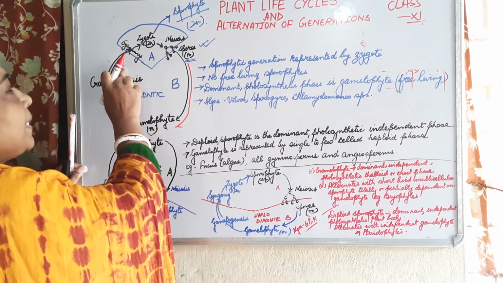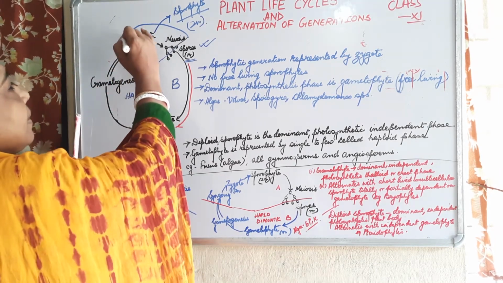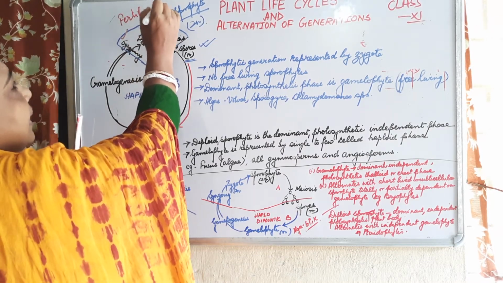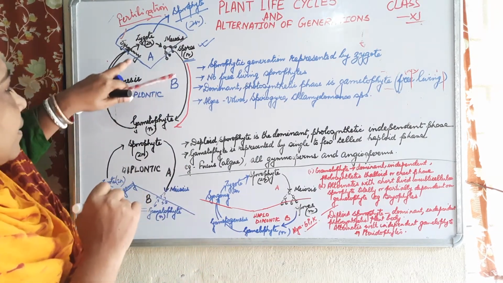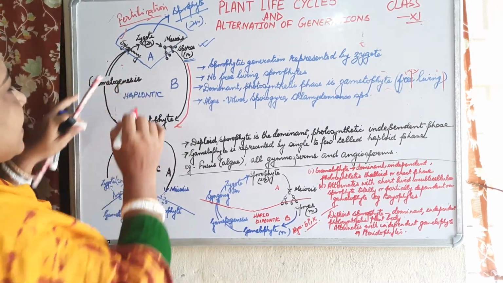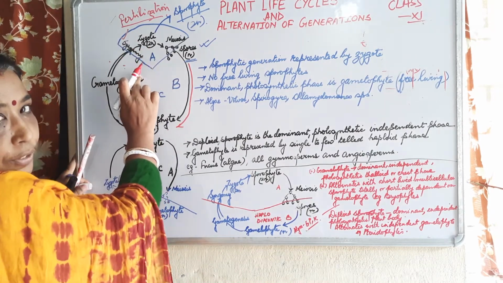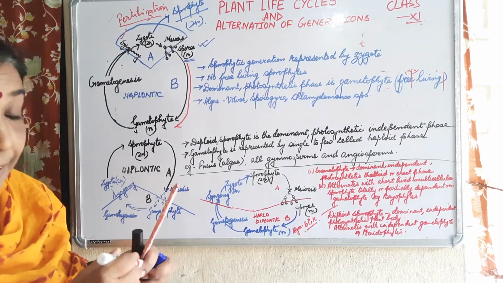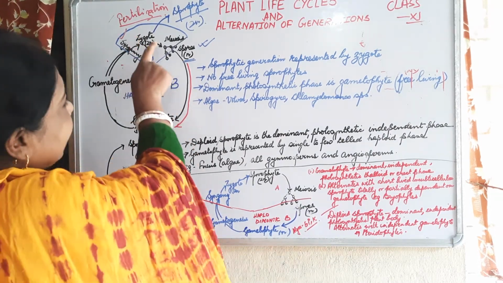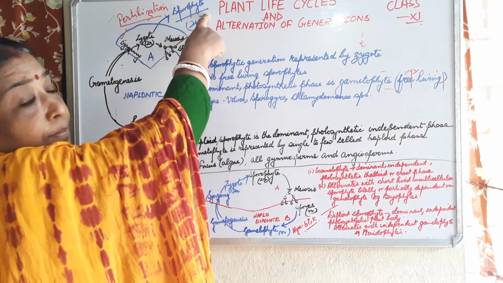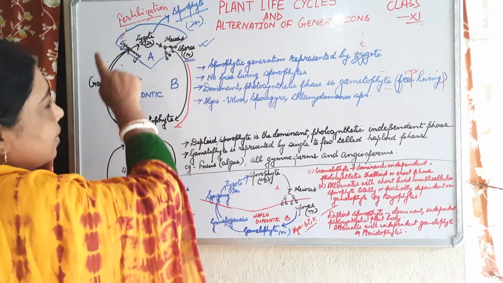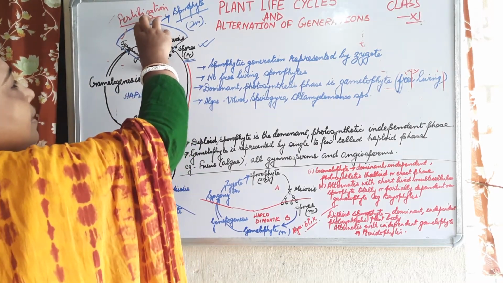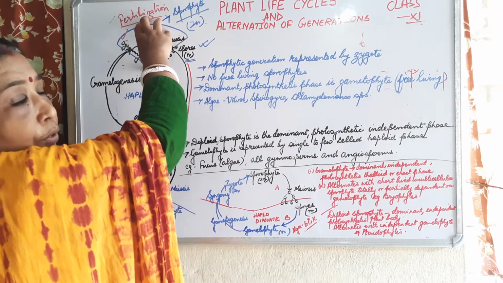Then the gametes fuse together, and that is syngamy. This is the same as fertilization, synonymous. Because of syngamy, the male and female gametes have fused and they will give rise to the zygote. Now again this zygote will form the sporophyte, then spores, then gametes. So this is going on. Here you see, this is the sporophytic phase.